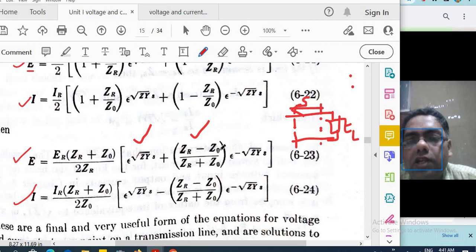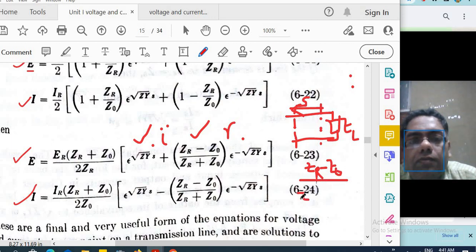If you take the ratio of reflected by incident, you get the term ZR minus Z0 by ZR plus Z0,